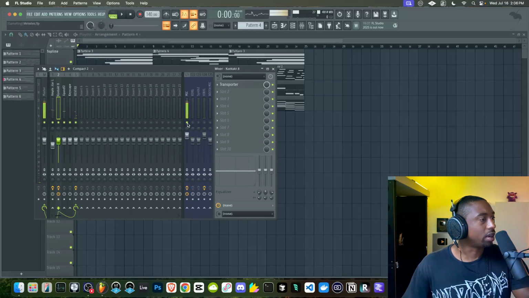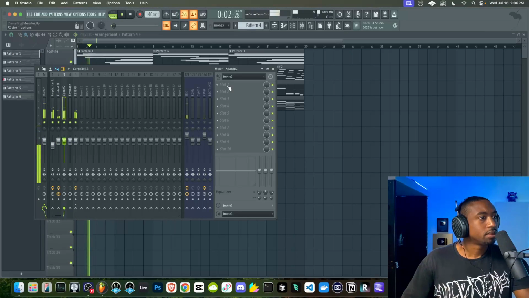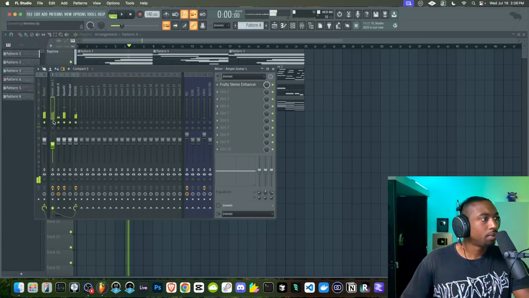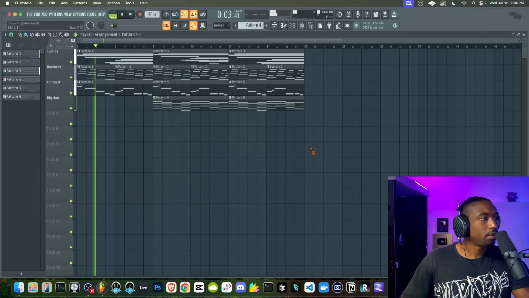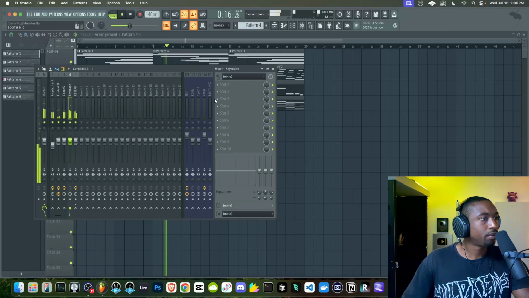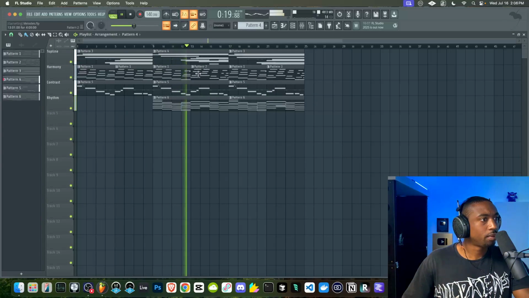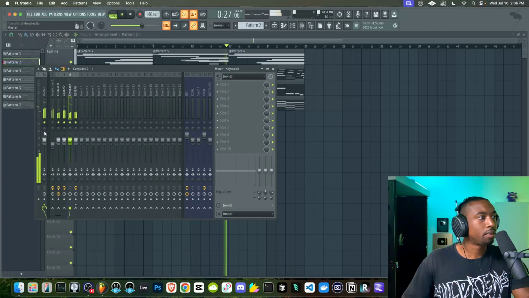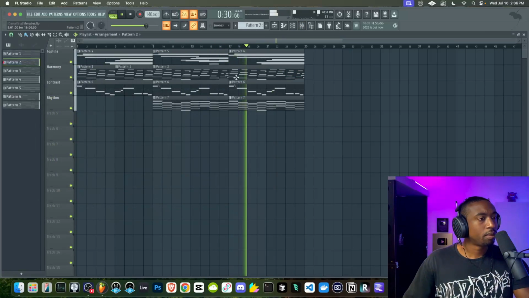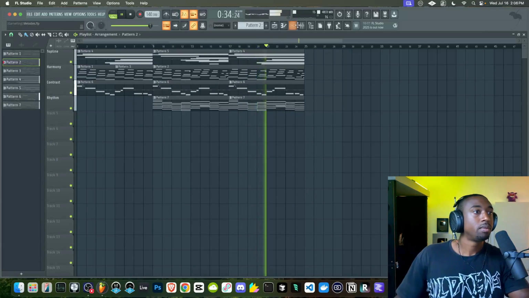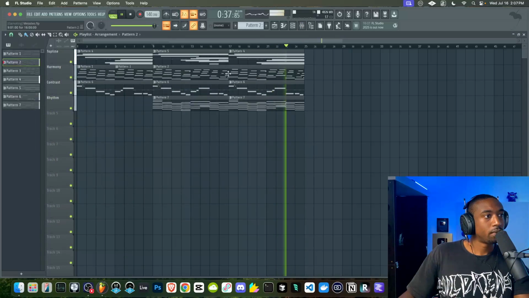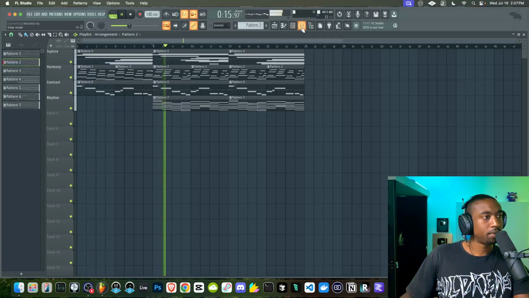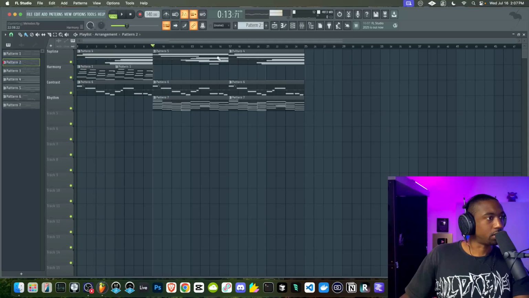So I like that delay because it's very random. It's not your typical delay. Going to try the second chord instead of the first chords. Let's just get rid of these chords. They're starting to clash.